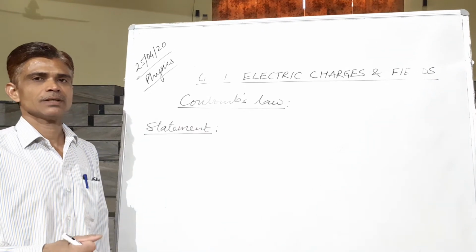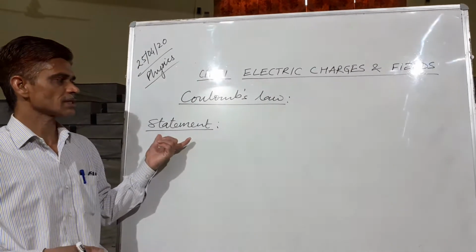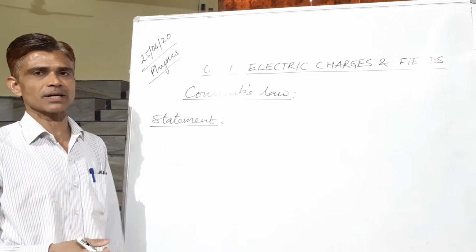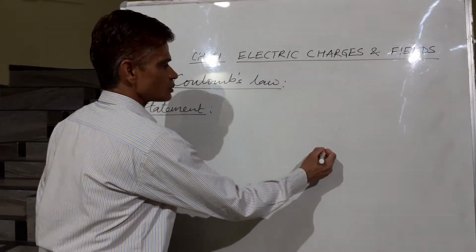Good morning students. Today we are going to discuss Coulomb's law. First we will discuss the statement, then the mathematical form. Thereafter we will discuss the vector form of Coulomb's law. So, the statement: if there are two charges